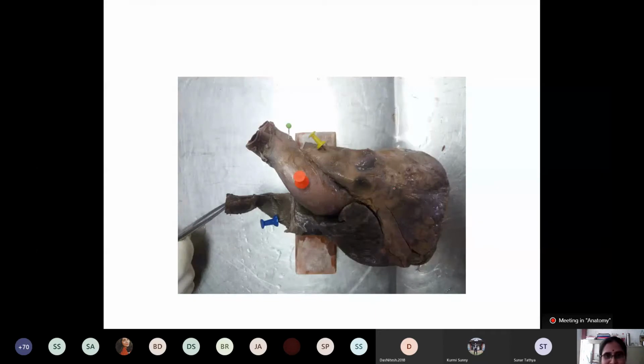Now, my dear student, can anybody say what is this yellow pinned vessel? Pulmonary trunk. The tail question in this case always is development. Now this red pin vessel, what is this? Ascending aorta. Whereas this green pinned vessel is arch of aorta. The tail question for all these is extent. Extent means origin and termination. And the second tail question is branches. The third tail question will be always the source of development.